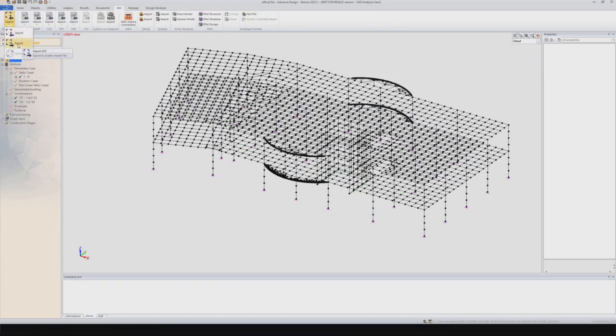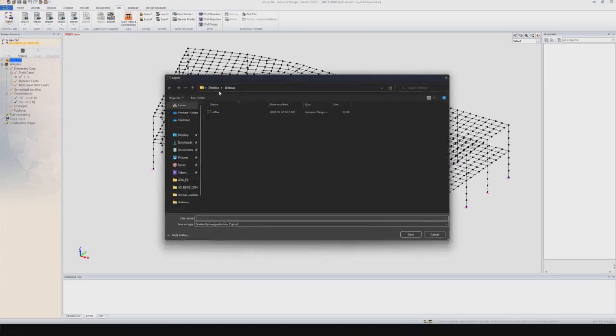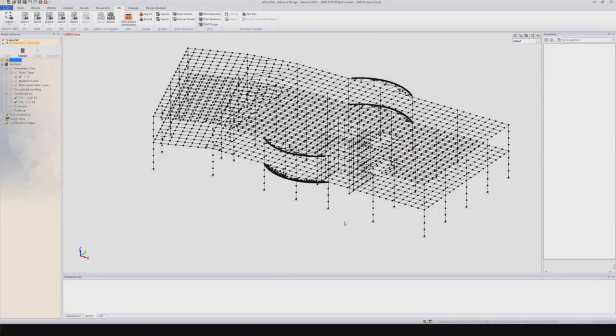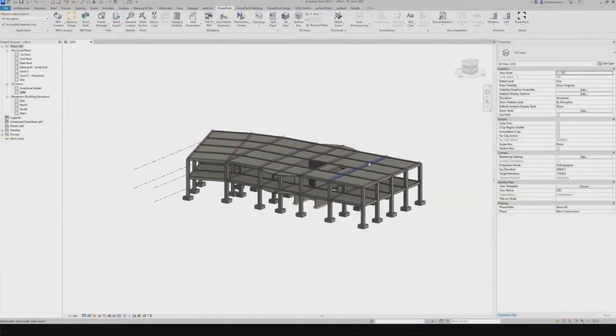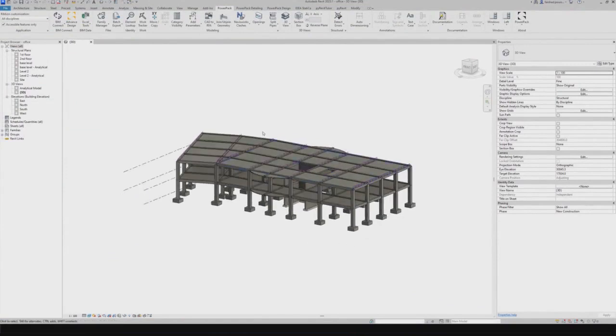And here into the same folder, I will just name another file, which is going to be Office. Let's name it Office to Revit. And click Save. Now the model is exported. And now I can actually go back to my Revit model. So you click here, I have it open. So this is the original model that I had in Revit, and we exported to Advanced Design. Now I will import that model directly inside this model, but I'm using the synchronization because I want to also